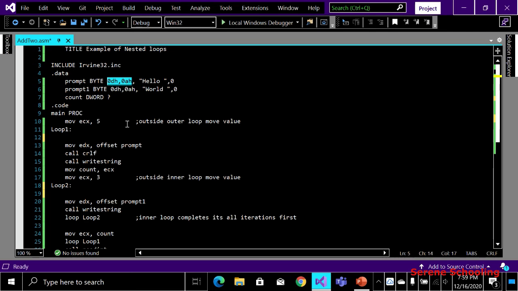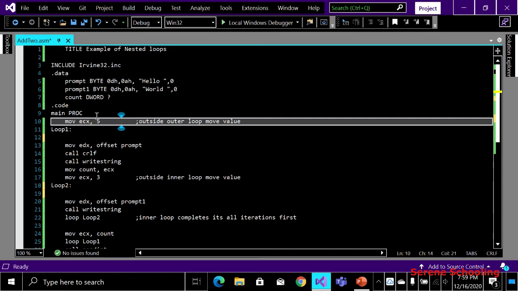Okay, inside my main procedure, I am setting my outer loop value. We know that before starting our loop, we have to set the values of the loop. So my outer loop value is 5. Okay, then I'm entering the loop. This is my label name. It can be any name, whatever you wish, and it must not be a reserved word.